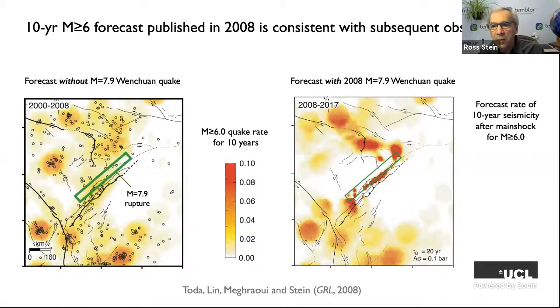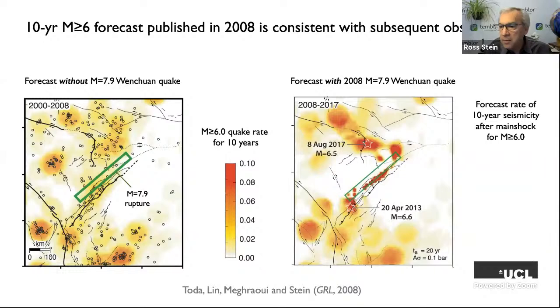Okay, so how'd we do? Well, this time we did much better, right? We have 2 earthquakes in among the reddest zones, and we have no earthquakes in the stress shadows. So again, that's a blind forecast. It's published. There was nothing we can do to cook the books, so we kind of satisfy David's concerns.